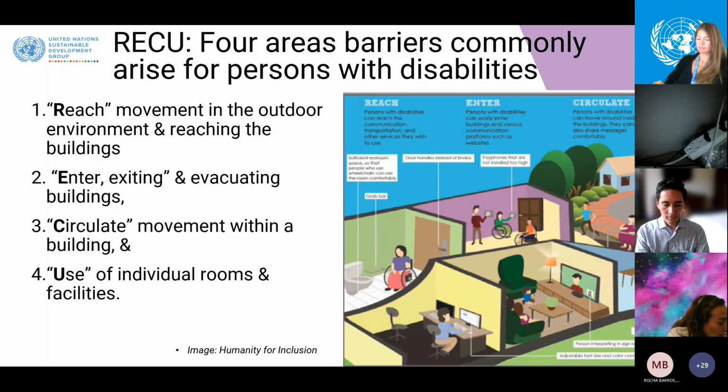Users should be able to do it independently, and this is where barriers usually arise. The third is to circulate, which means movement within the building and its different sections, which should not have barriers. And the fourth is the use of the individual rooms and facilities inside the building.